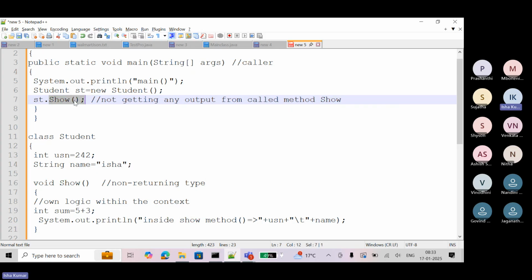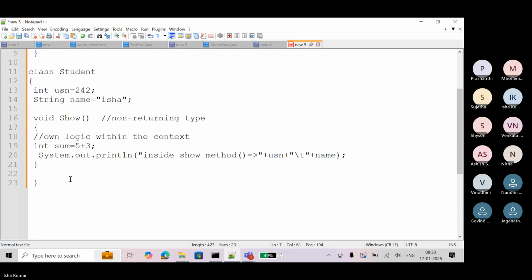So, okay. Now, this is non-returning type and non-argumented method. See, there is no argument inside this. Can you see that? No parameters. Now, you can define one more method which is non-returning with parameters.